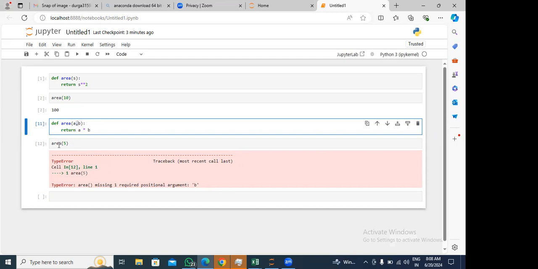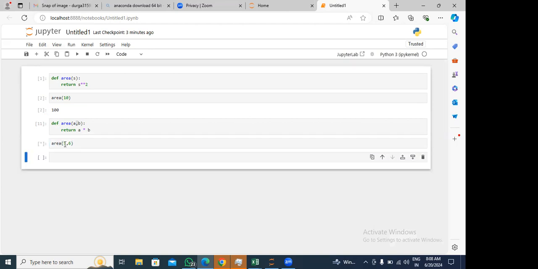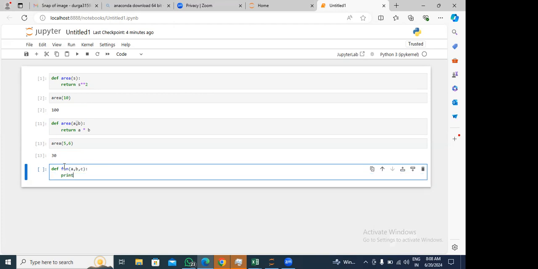Whenever I give one value, it takes it as A. If I give a second value, then it considers A comma B. Let me do one more thing. Let's say a function where I'm giving A comma B comma C. I'm creating it and now print,